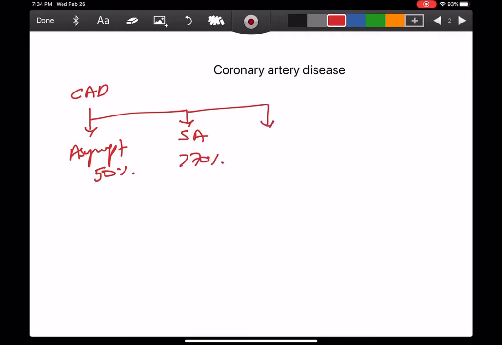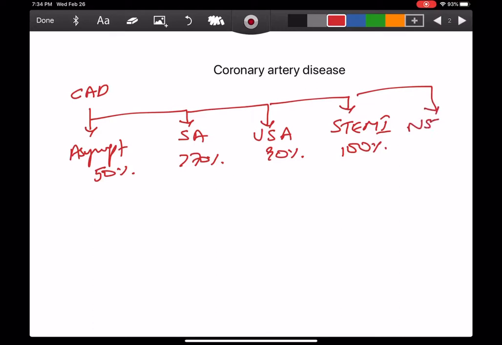Followed by patients who are under the unstable angina category, who have a typical blockage of 90%, and these are the patients who have chest pain and shortness of breath, which is not related to exertion. These episodes are unpredictable and are random. Then comes the ST segment elevation MI category, where the blockage is 100%, followed by the non-ST segment elevation MI, where the blockage is close to 90%. The last two categories are clubbed together and are called heart attacks.